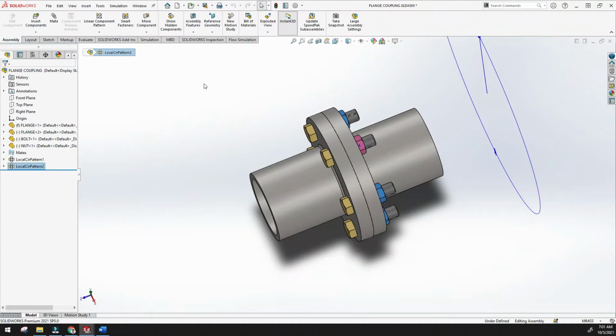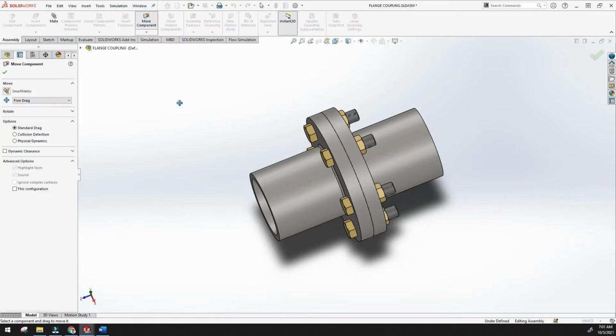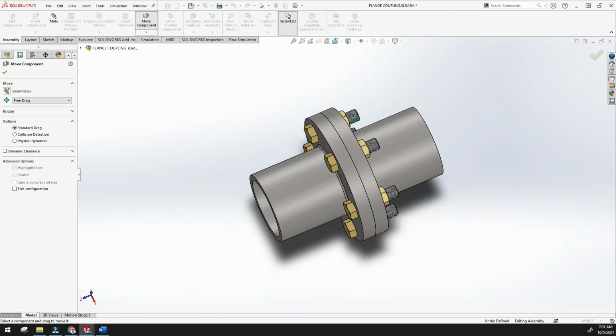Here you can see the move components. Once you click move components, you will have so many options like free drag, along assembly XYZ, along entity, by delta XYZ, and to XYZ position. Let's understand from the beginning, like free drag, and here is the option standard drag. Just click okay